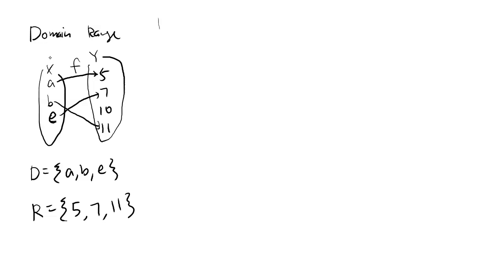Now, domain and range is quite important when you deal with functions, because you don't want to plug in illegal values. So for functions that we usually encounter in precalculus, we're usually presented with a formula for it, right? So f of x, if you have something like 3 over x minus 1,